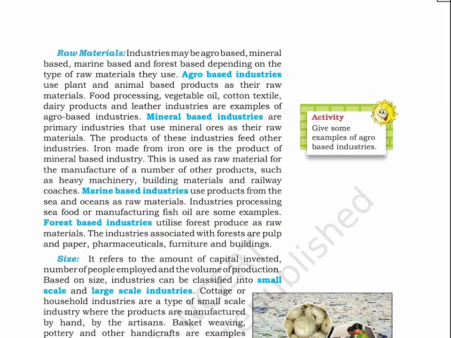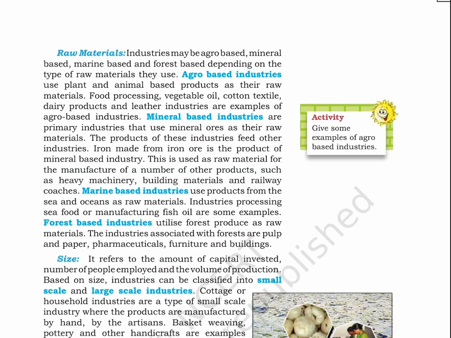Mineral-based industries are primary industries that use mineral ores as their raw materials. The products of these industries feed other industries. Iron made from iron ore is the product of mineral-based industry. This is used as raw material for the manufacture of a number of other products, such as heavy machinery, building materials, and railway coaches. Marine-based industries use products from the sea and